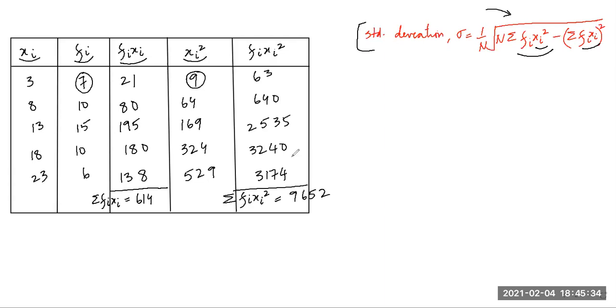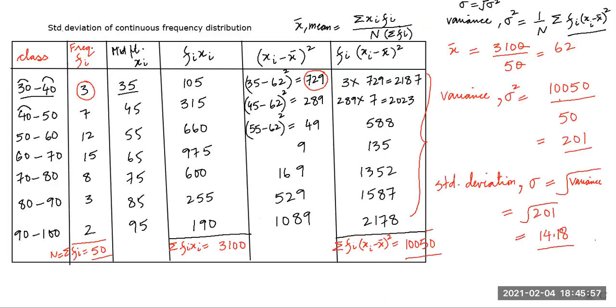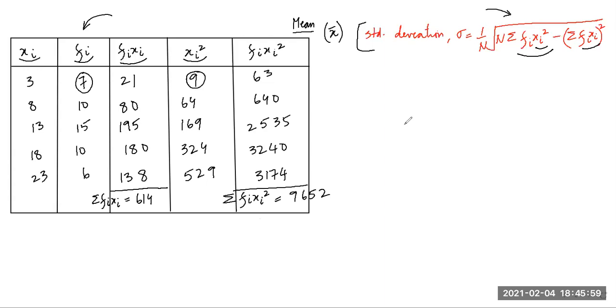Right, students? Now, see, in this formula, you did not find x bar. There is no need to find out the mean. Am I right? You can straight away find the standard deviation. You please compare it with the previous formula also. This is your homework. See whether the answer is coming correct or not. In addition to that, I'll give you few more sums to do for the homework.